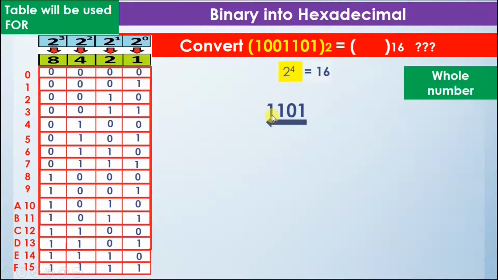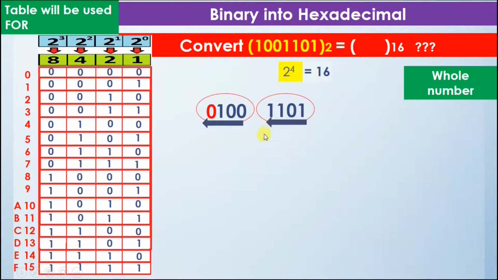So now we make a group that has 1101 and the remaining digits left are 100. We make the groups while moving from right to left. Now we can see that this group of 4 bits is complete. But if we look at this group, it has 3 bits and we need 4. So we will add a 0 to make them 4, just like this. Now the groups of 4 bits are completed and no more digits are left in the example.